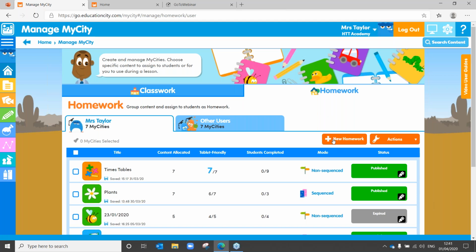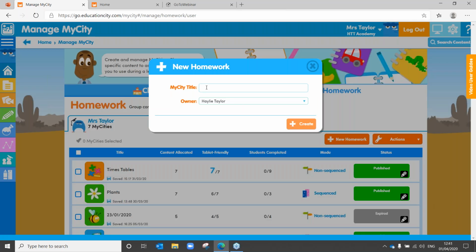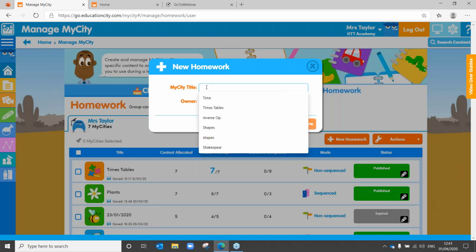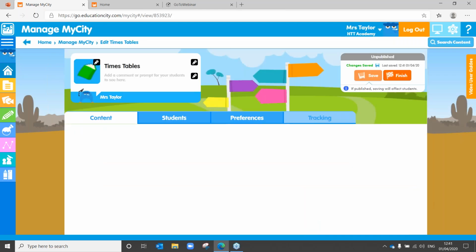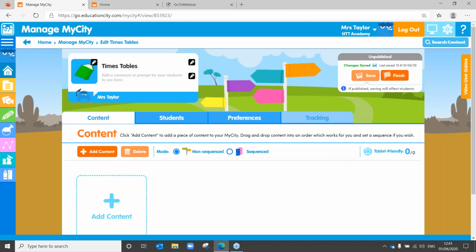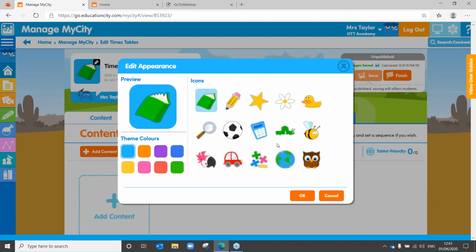So homework, we want to go to a new homework, give this a title. Some options might pop up just there. I'm going to look at setting some times tables work for my pupils, and I'm going to create that folder. Now it will immediately take you to this page. You can edit any areas that have got the little pencil mark just there, so we can change colours of these if you want to,